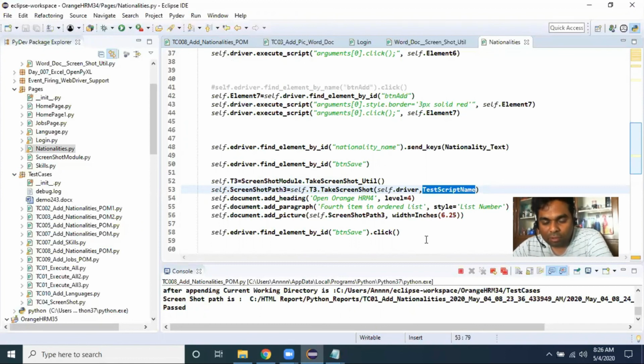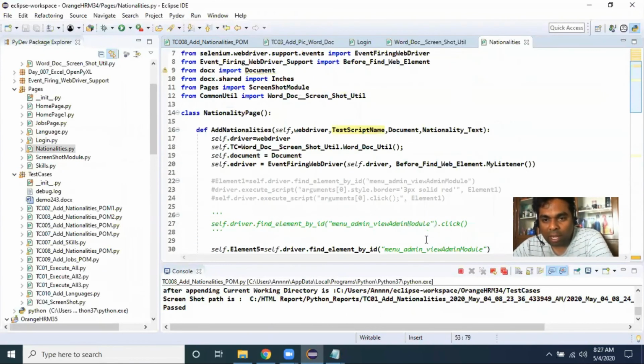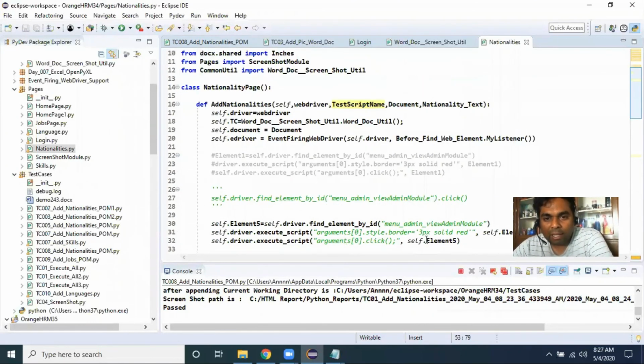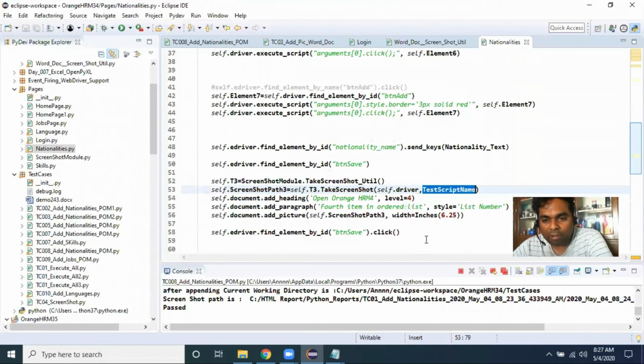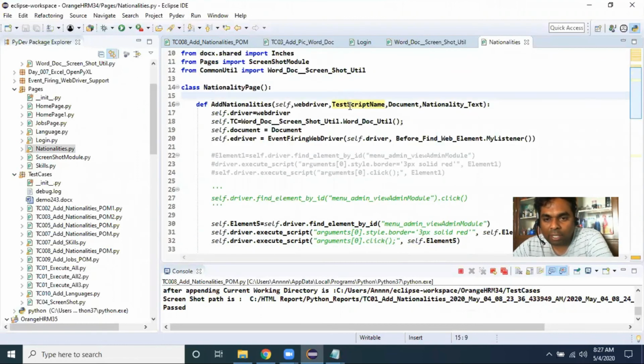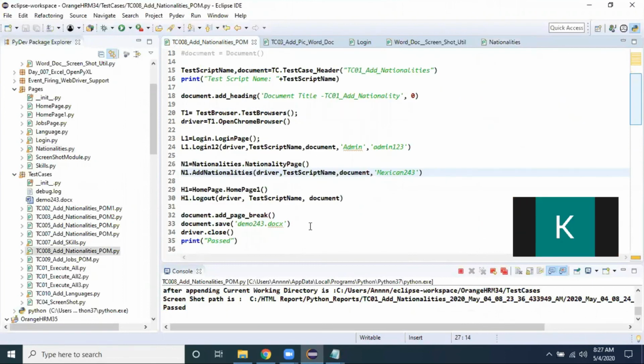So for that reason, like send keys username and password, you are sending the input data. Similarly, my take screenshot module also requires input data where my snapshots need to be saved. So that input data is coming to this test script name. Got the point?